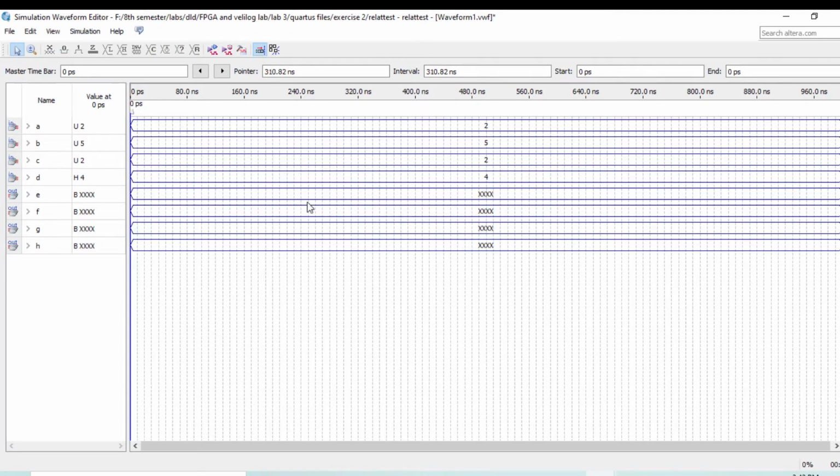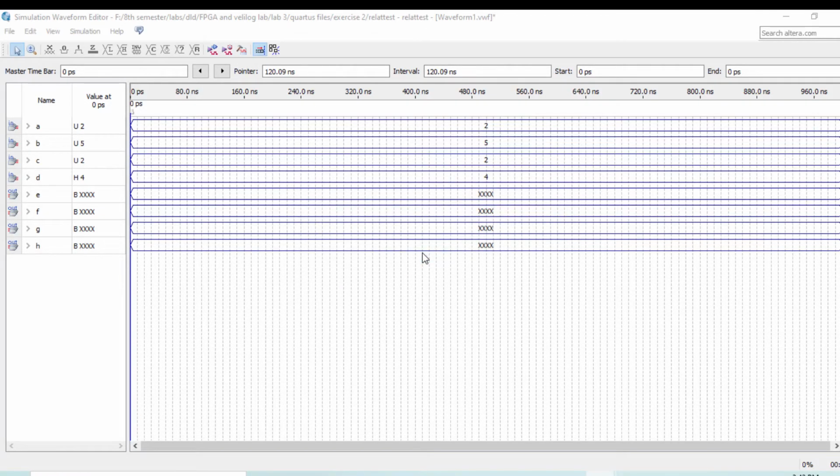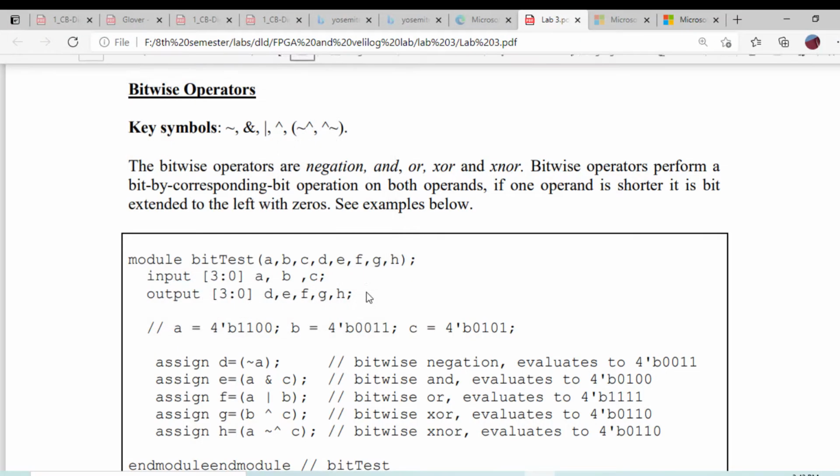Now we will execute this waveform. I have put all the values of A, B, C, D, and now it's time to execute. For the execution, you should click on run functional simulation. I just clicked, and press OK, save waveform.